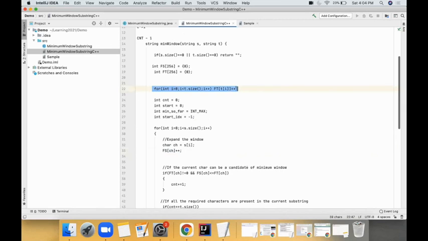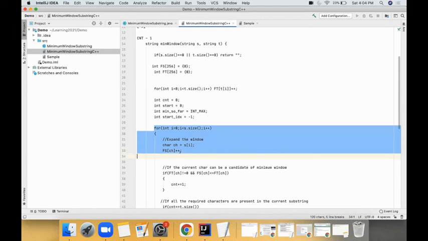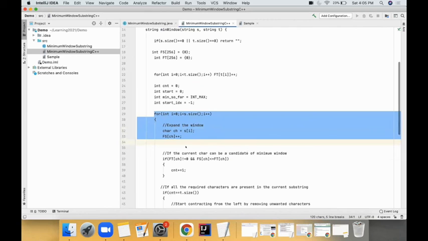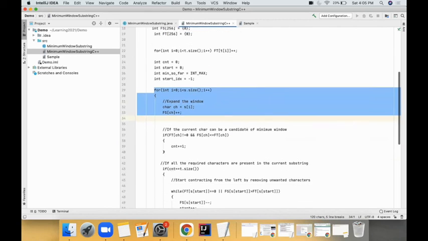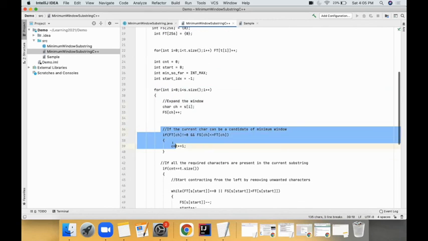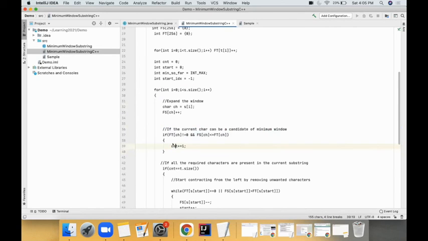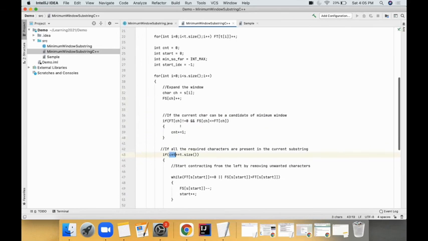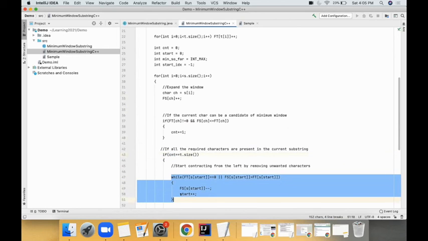Start with putting all the frequencies: start parsing the first string, and as and when I find a character, increment the count of that in my map. If that character is present in the second string and my count is less than or equal to the required count, then only I will increment this variable. If my variable is equal to the size, that means I found all the different characters, then I will try decrementing my window size from the starting.